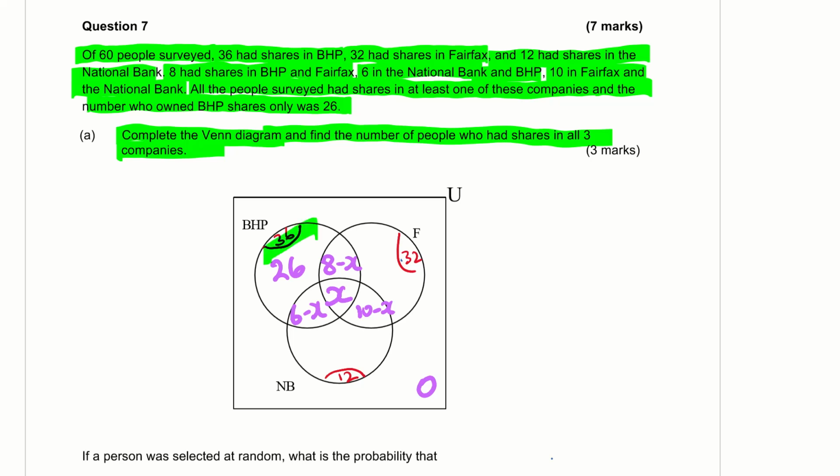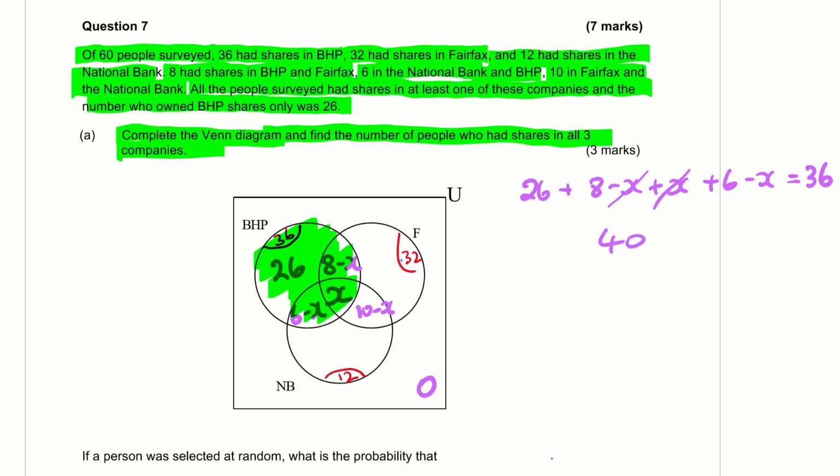Now, in this circle, we know the total has to be 36. So 26 plus 8 minus X plus 6 minus X has to be equal to 36. That gives us 40 take away X equals 36. X equals 4. And that means that we can fill this in as 4 and 4, and then this bit will be 2,